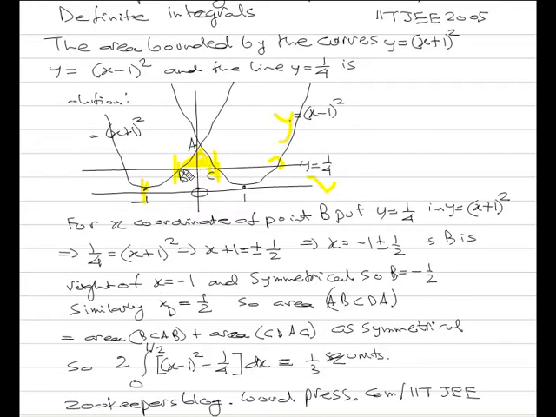Now if you have to integrate this area, this A, and then this midpoint and C, this area, then you will be easily integrating from 0 to half. So the required area will be 2 times the integral from 0 to half of x minus 1 whole square minus 1/4, because this integral is on the lower side. Whether it's a straight line or a curve, it will be on the lower side. So it will be upper function minus the lower function, and so it will be 1/4 dx. If you solve this very simple integral yourself, you will get 1/3 square units. A very simple problem. Thank you.